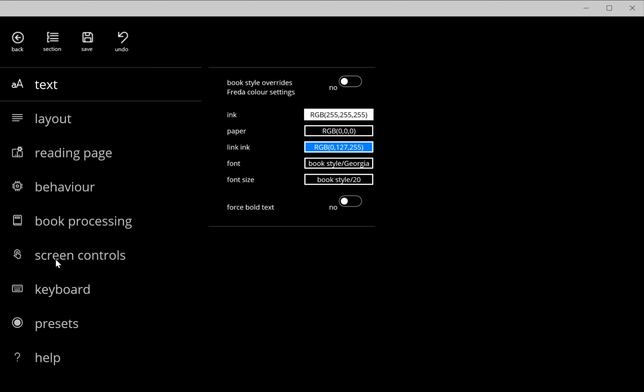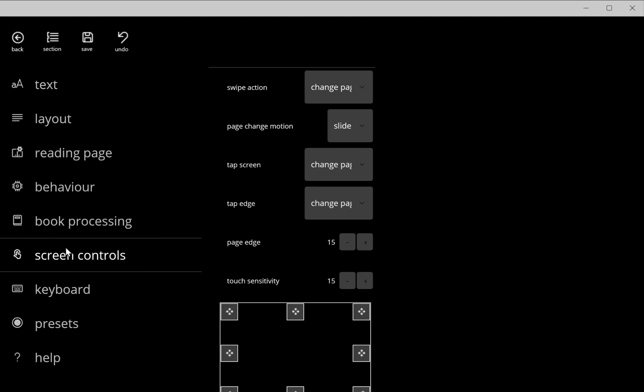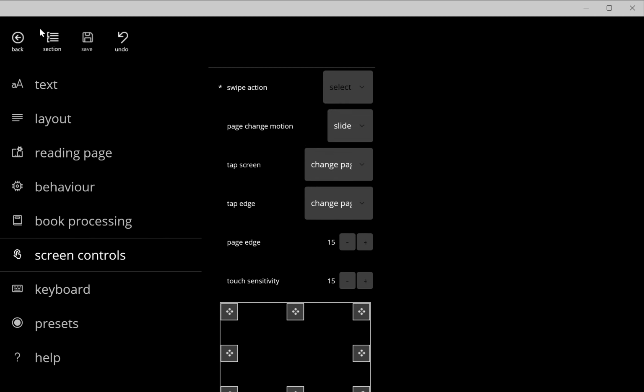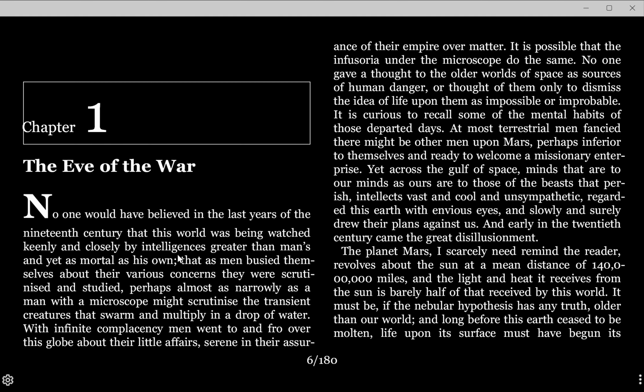I've clicked bottom left to open up the settings screen, and I'm going to go to the controls part of that and adjust the first option, the swipe action, so that now the swiping of mouse or finger selects text. Now save that and go back, and now I'm just dragging across the planet Mars and it's selecting the text